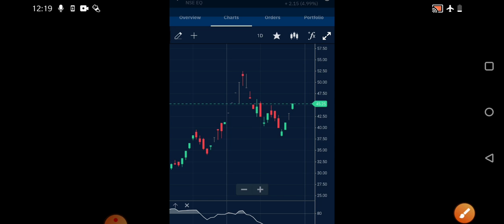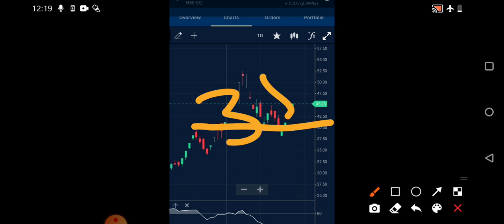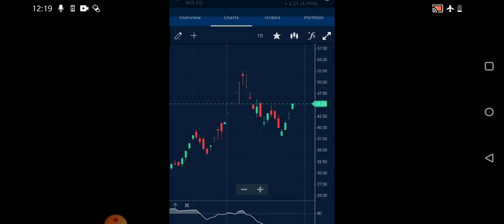So what is the support? The support is the same, 35 as well as 37. These are the ultimate supports, the last supports that we can see. The rest is up to you, whether you want to average at those levels or hold for the long term. I am holding this particular stock for the long term. Whatever happens, I will hold in small portions and I won't do any additional averaging. Once invested in small portions, that's it. Later wherever it goes is up to the operators, but we need to strictly follow the rules and invest with discipline. Only then will we get good quality returns for the long term.